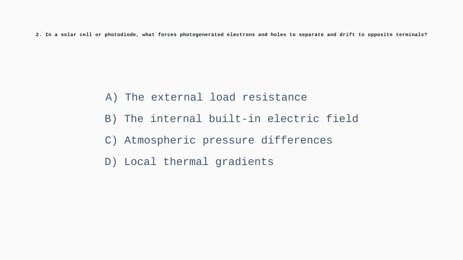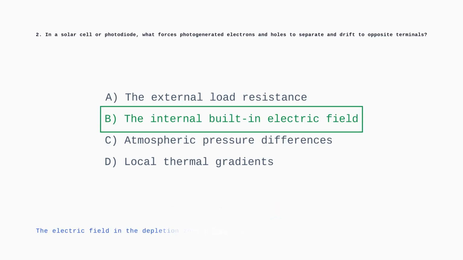Question 2. In a solar cell or photodiode, what forces photogenerated electrons and holes to separate and drift to opposite terminals? The strong built-in electric field across the depletion region separates the photogenerated carriers, sweeping them apart to generate a usable